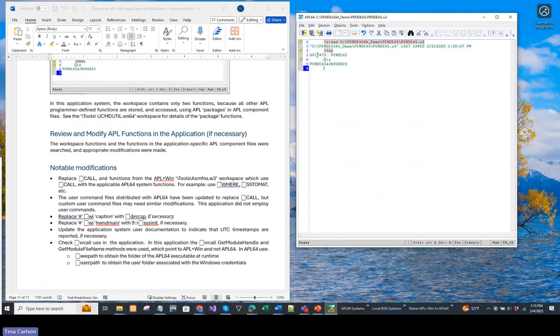I happen to know that this particular function, APL path, will crash if we convert it and start up the Pendius application, because it uses quad WCALL, GetModuleHandle, and quad MODULE and GetModuleFileName. So what I'm going to do is open up APL path, and we're going to make that change now. Some of the other things that have been deprecated that you want to be aware of will be